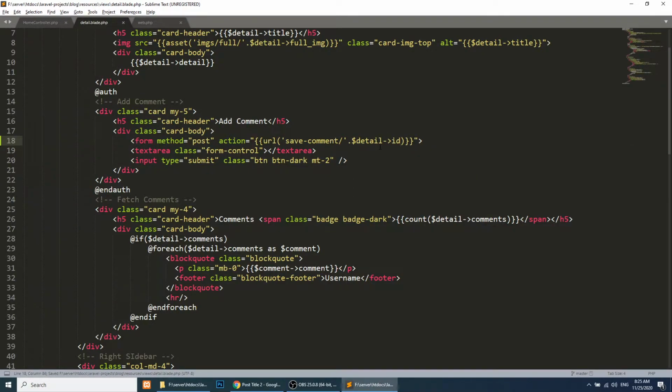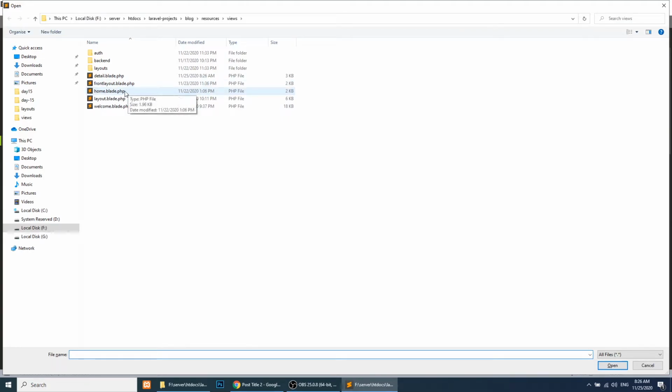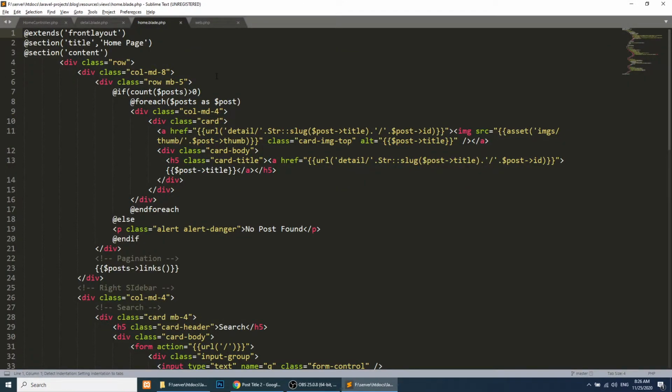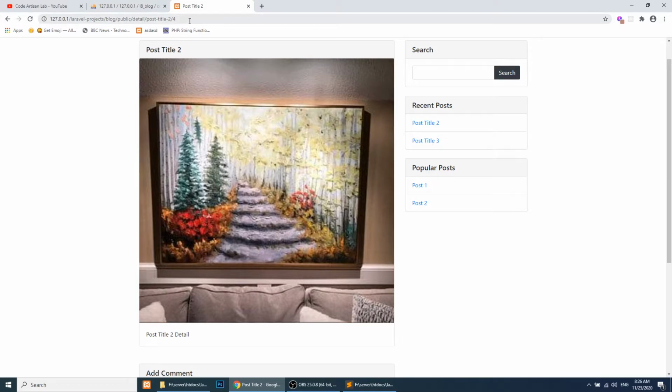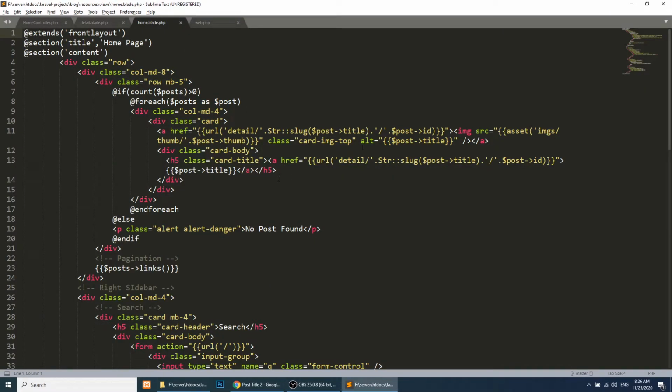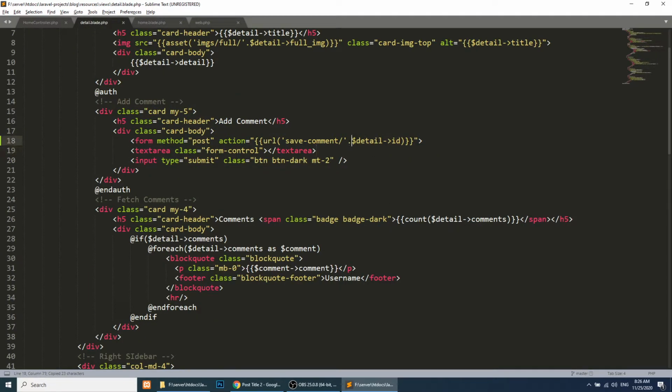This is the post id, and so that we are passing the post id and saving the data, we will also pass the slug for the post, so that when the user successfully submits the comment, it will redirect to the same page. Here you can see the url, this will be detail slug and id. We can get the slug from this string function, so we will pass it here.